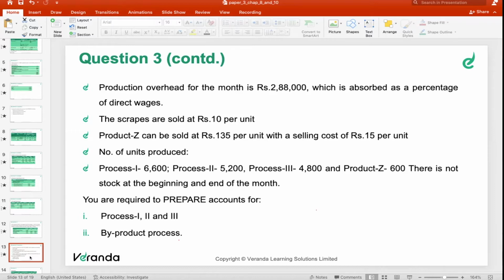If you see the beauty of the question, they are producing one product by way of process 1, process 2, process 3. In process 3, another product also emerges. That other product is called the byproduct. Now, what is the main product? Whenever a byproduct comes, you should know what is the main product and what is the byproduct. Then only accounting treatment is possible. Kindly refer to the question. Here, which one is the main product? Vandana, which one is the main product? Kanna? Kindly refer to the question. Ragini, which one is the main product?